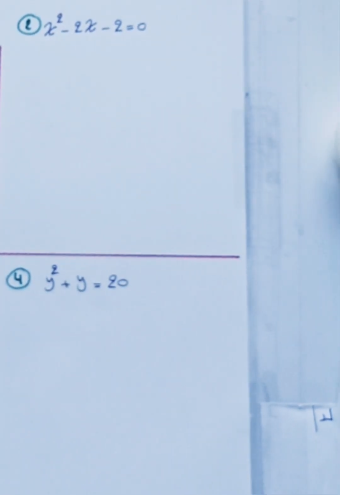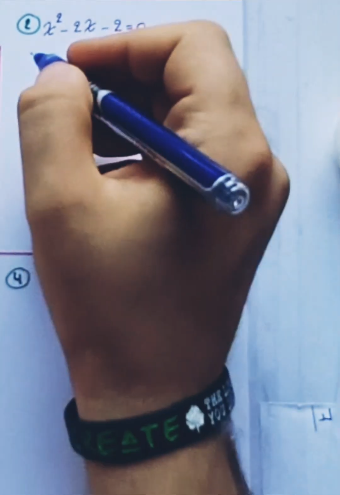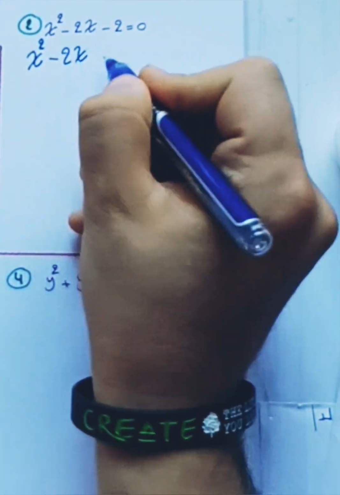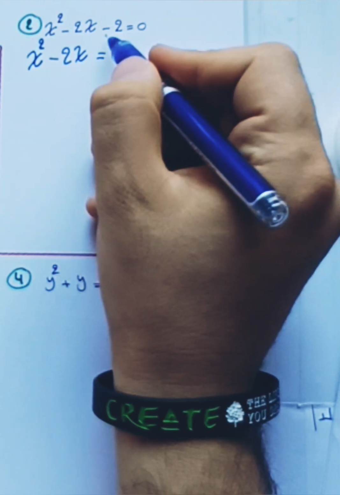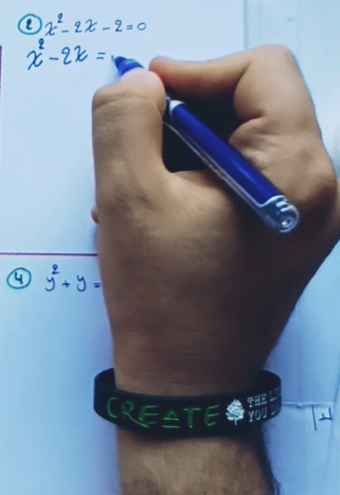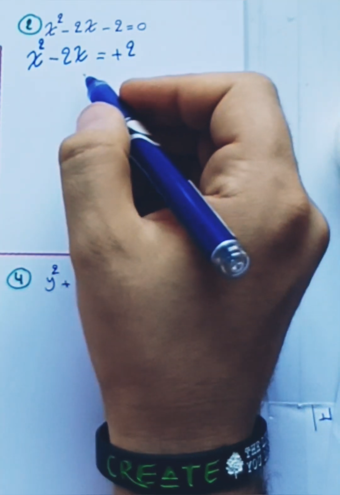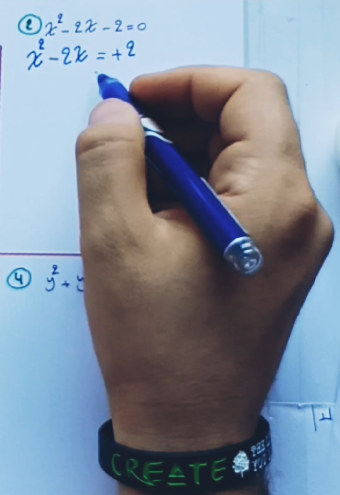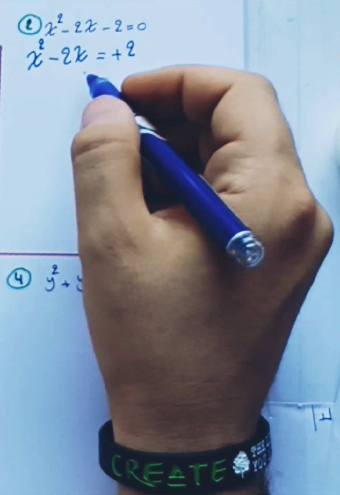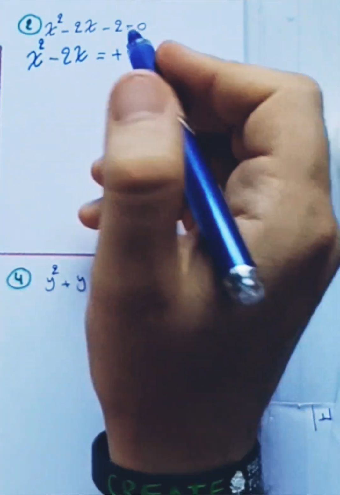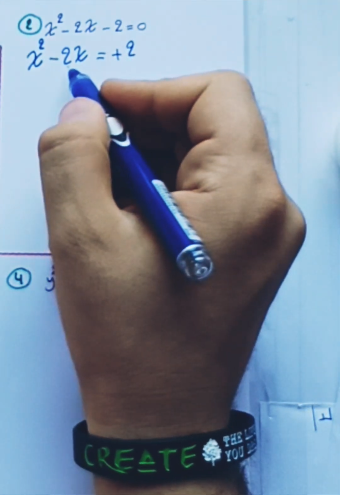Example number 2, we have x squared minus 2x minus 2 equal to 0. First step, we have to rewrite this equation like that. X squared minus 2x equal to, you have to change the place of negative 2 to the right side, it becomes positive 2. After that, we have to make this equation a perfect square. So you have to find the value for the third term. For finding the value of the third term, we have to divide this